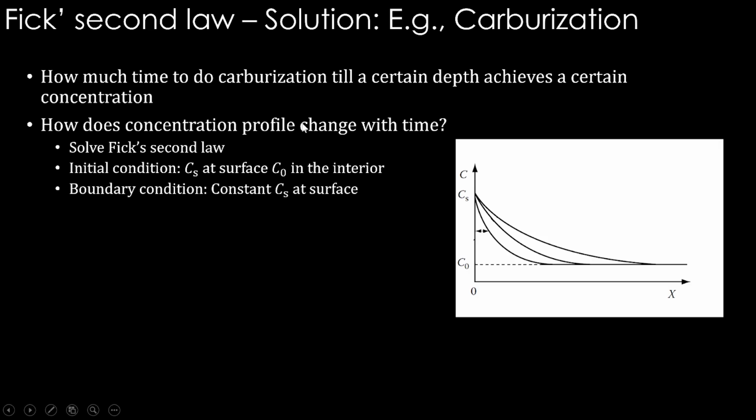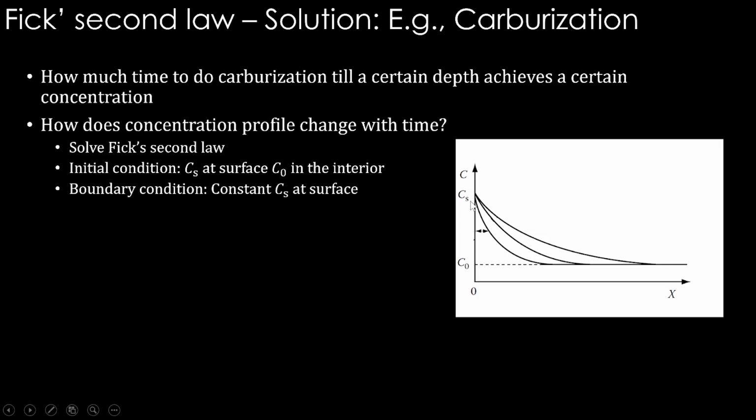Okay. So how does the concentration profile change with time? That's what fundamentally it means. What do we need to do for that? Solve Fick's second law and take the initial condition: CS, the carbon concentration at the surface, and in the interior it is C0. See, the initial condition is this horizontal line here, C0, that is the concentration of carbon in the material. This is the material's thickness, 0 to x is basically into the material we are going, and from the surface to the interior, throughout the material the carbon content is the same when we start. And at the surface, what is the carbon concentration?